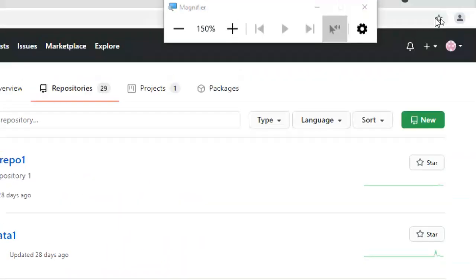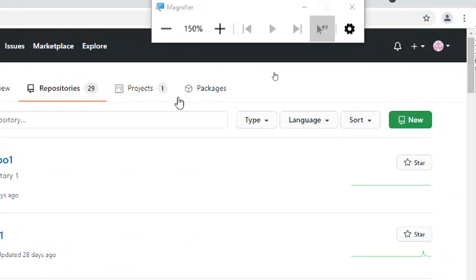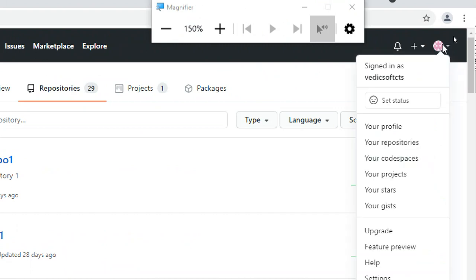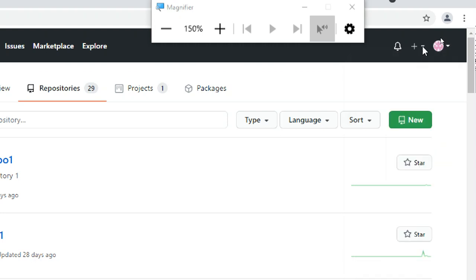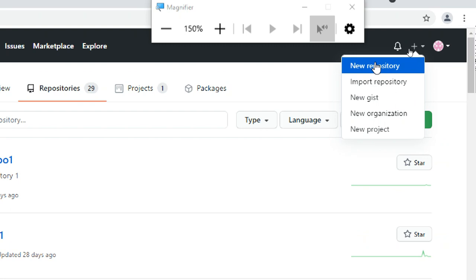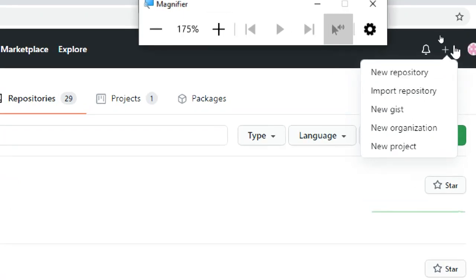How to create a repository or a project or a package? You can create it. One package only we can create. Okay, so here, if you see, this is my account. This is for maintaining your IDs and all. So this is a new repository. You can see the plus mark. I'm creating a central repository. Then I will show you how to upload from the local machine.